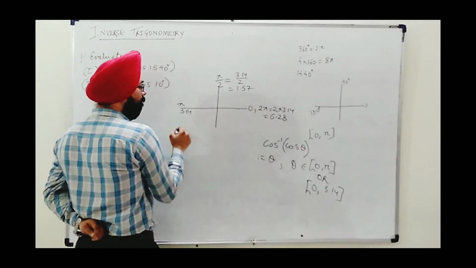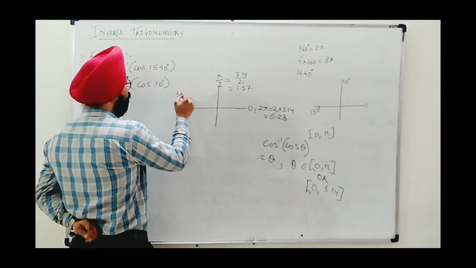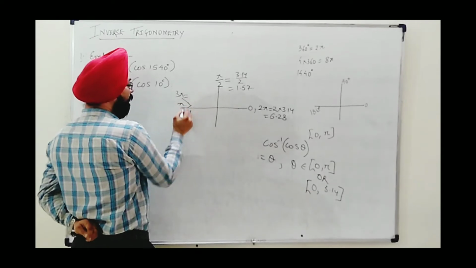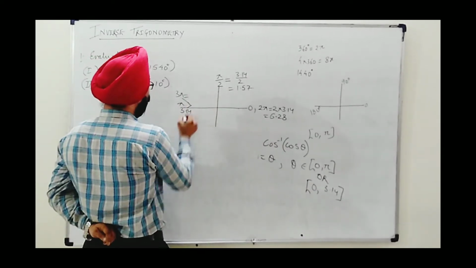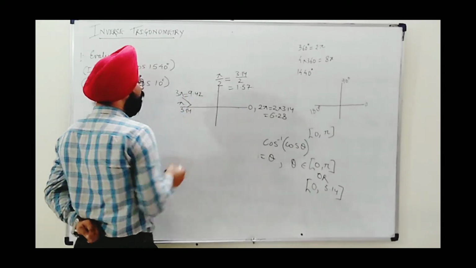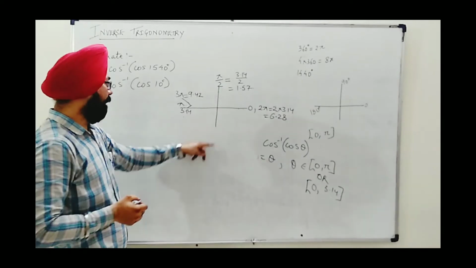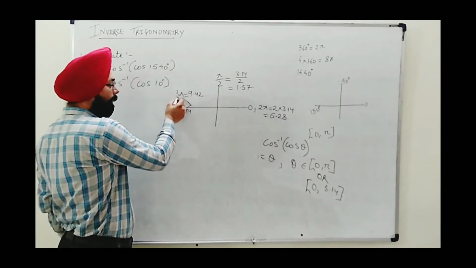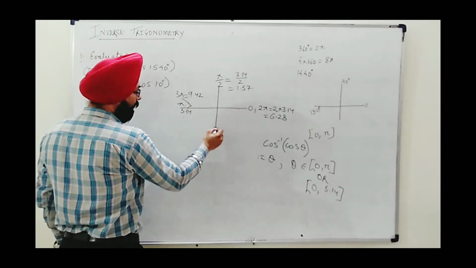Here one more pi if I add, so this will become 3 pi. So if I take 3 pi at this position, 3 pi will be 3 into 3.14, it comes 9.42. We are very close to 10 now. For sure, if I take this value, this is 3 pi. Now next, if I add pi by 2, which is a standard value,